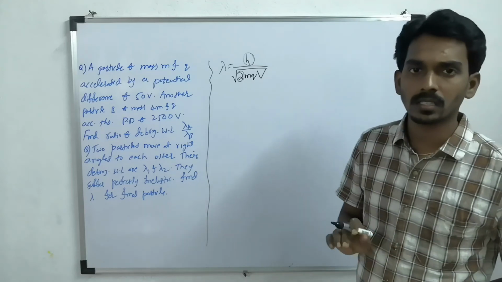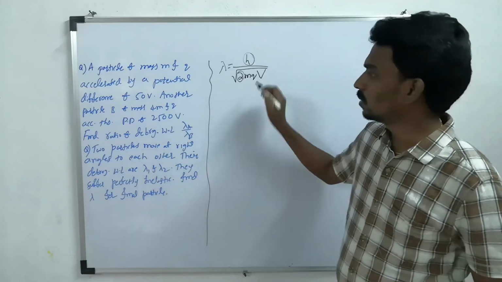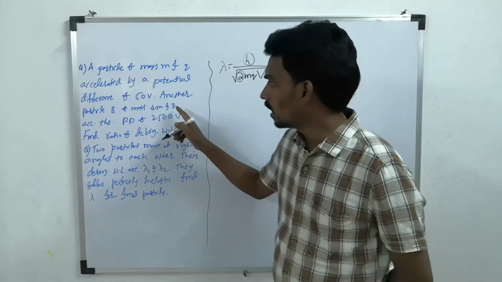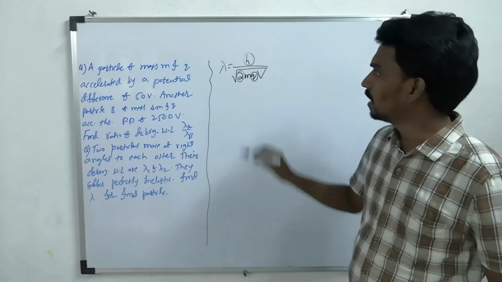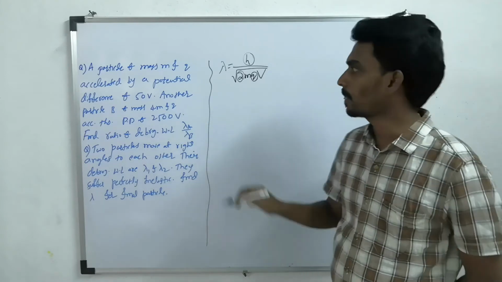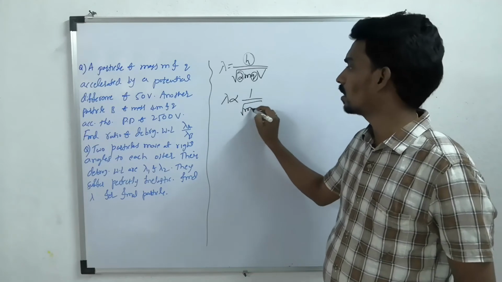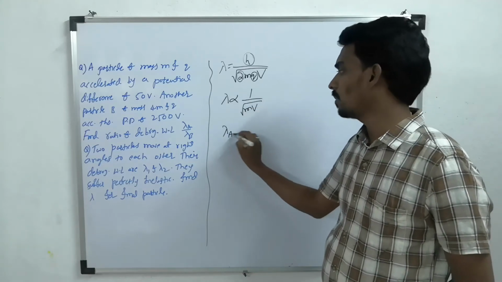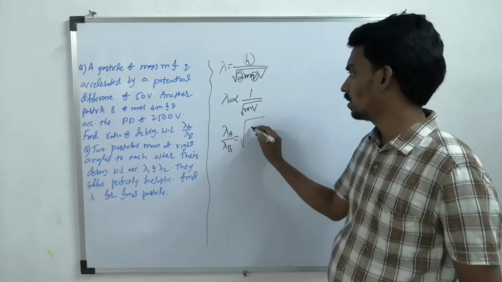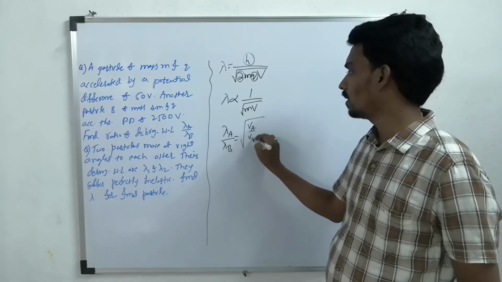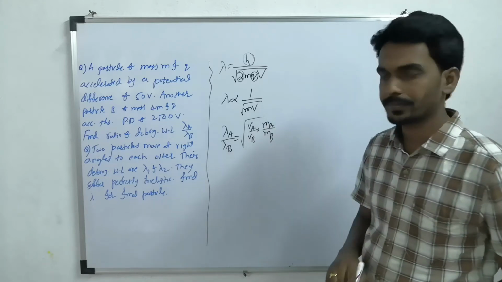The charge is q for both of them, so the charge is the same, but the potential is not. Then you can take the relation lambda is proportional to 1 by under root mV, so lambda A by lambda B will become under root